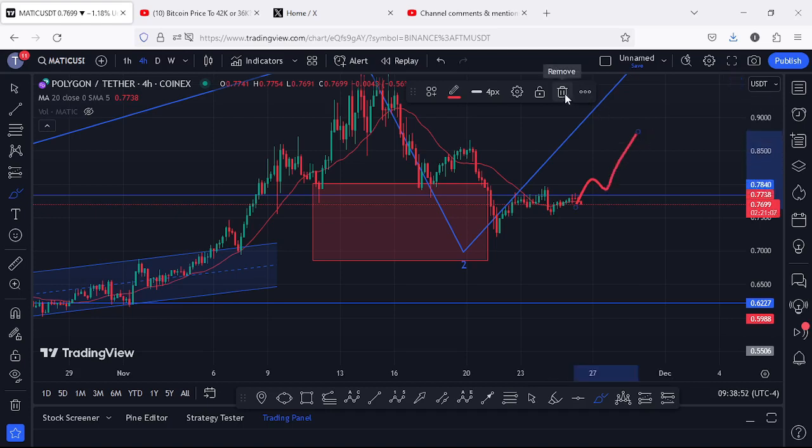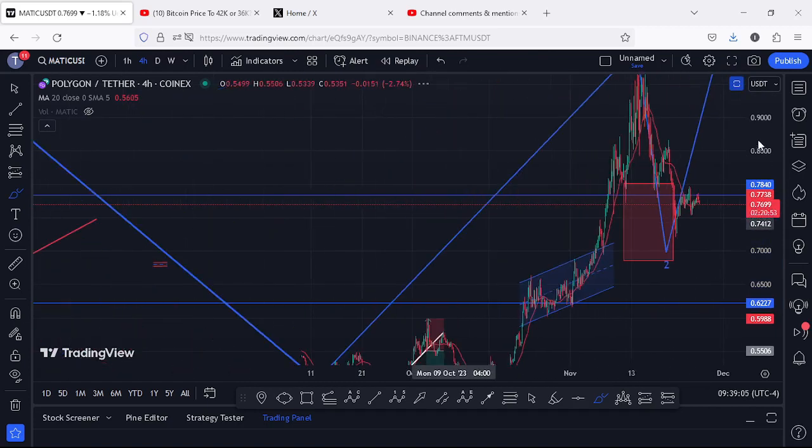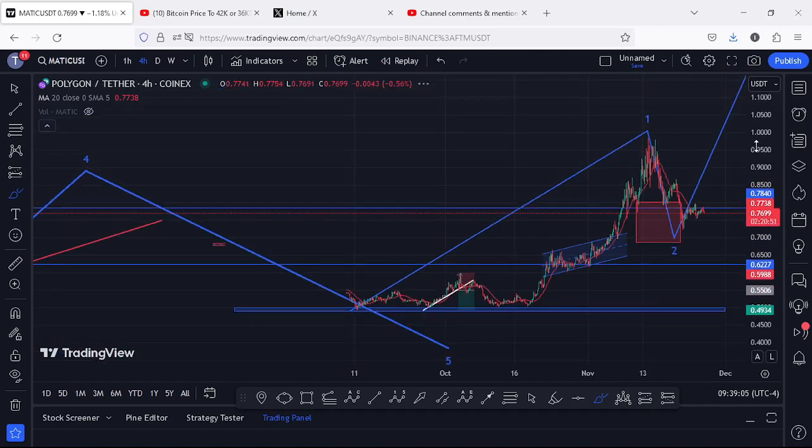We are also holding above a significant key area of support at around the $0.6227 mark. And as long as that continues to hold, we can still expect higher prices here on the Matic chart. Zooming out on the charts to now give you my Elliot wave analysis, you can see that Matic back